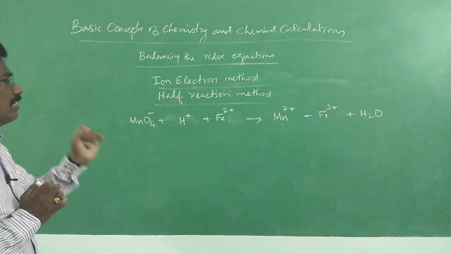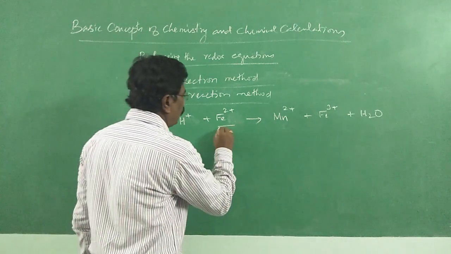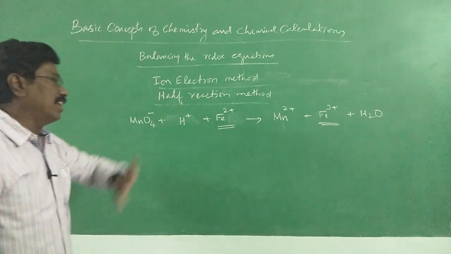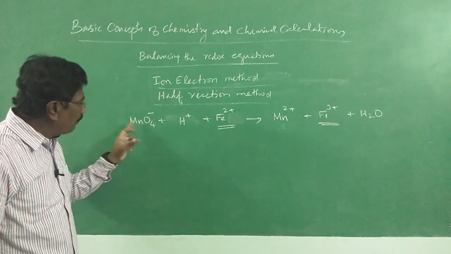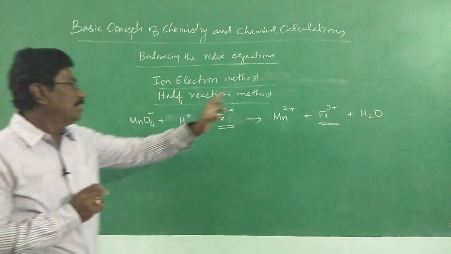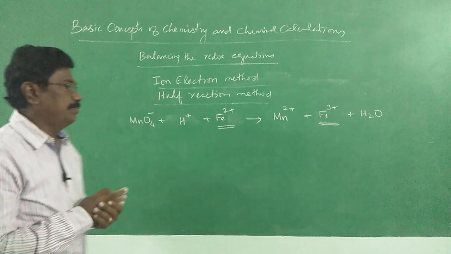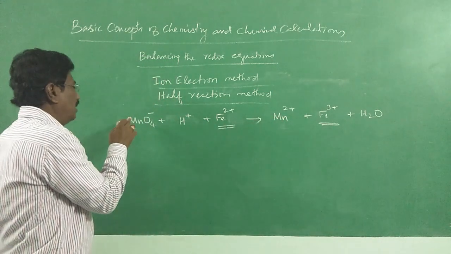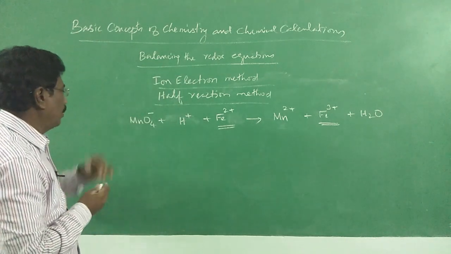Let us choose the oxidation part and the reduction part. Here it is the oxidation part. Fe2 plus from plus 2 is oxidized to plus 3. Manganese as such I cannot take, because it is given in the form of permanganate ion. We should go into manganese ion, because only manganese ion might have been reduced. Since iron is oxidized, naturally something should be reduced. The oxidation state of manganese should be a little bit higher than plus 2. That's what we guess. Let us find out.